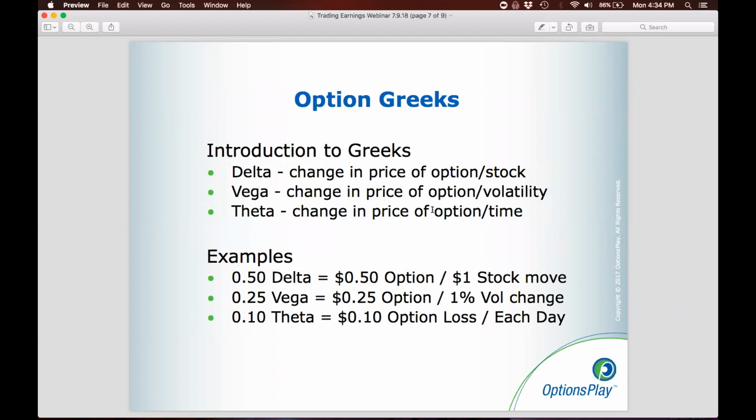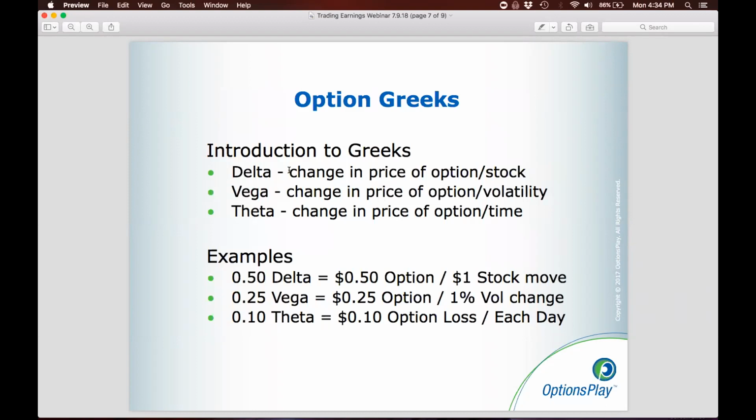So that's really the key here, is so that we help you do all of these analytics so that you don't have to manually calculate it yourself. So when we talked about the 3 different factors working in your favor, it really reflects in 3 different Greeks: the delta, the vega, and theta.